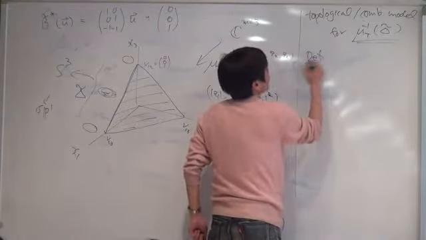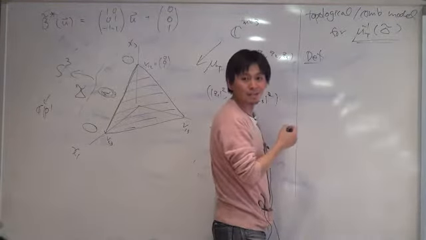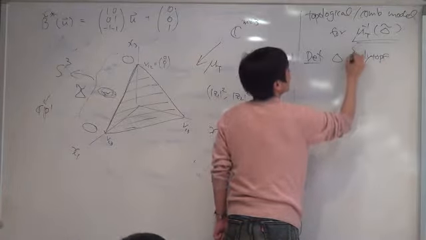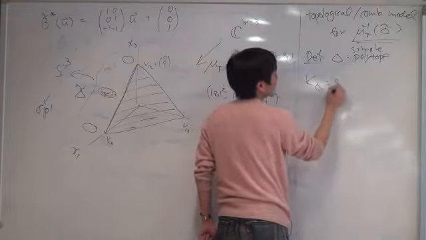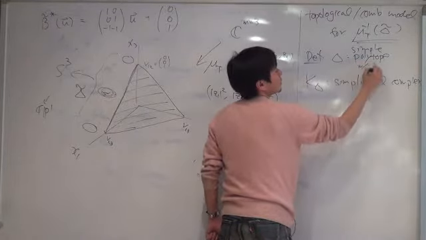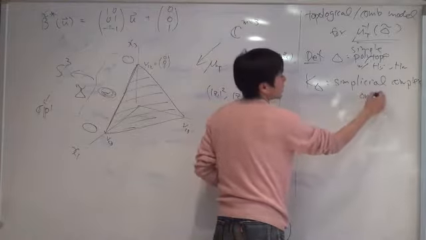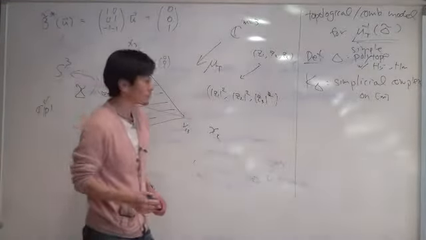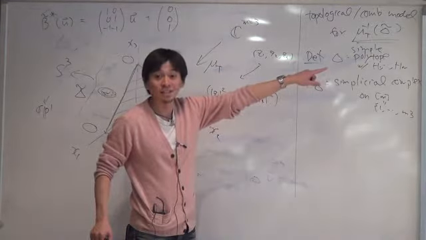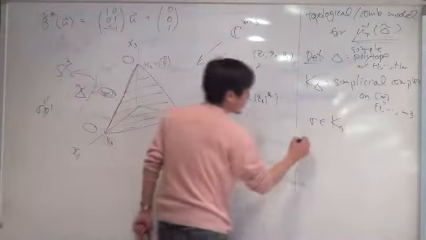So first, I have to define the simplicial complex associated to a polytope. Everybody's okay with the simplicial complex? So delta is a polytope, and I have to say it's a simple polytope. Then K delta is a simplicial complex. Say there are m facets of the simple polytope. What is this simplicial complex associated to delta? It's a simplicial complex on the vertex set 1 through m. So basically, the vertices of this simplicial complex are exactly the facets. And sigma is an element of the simplicial complex if and only if